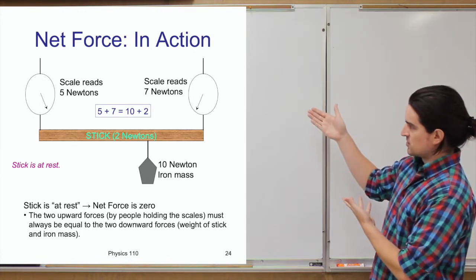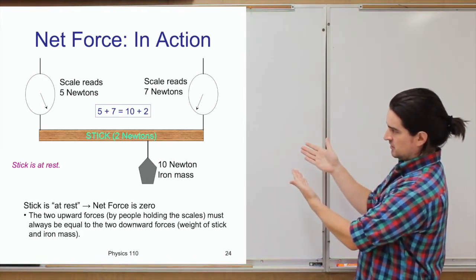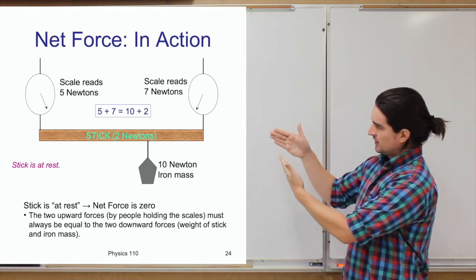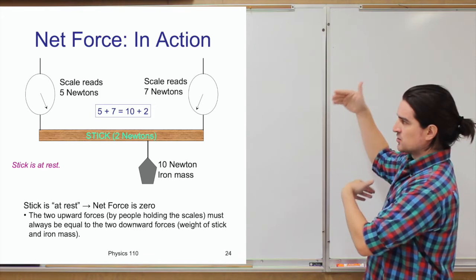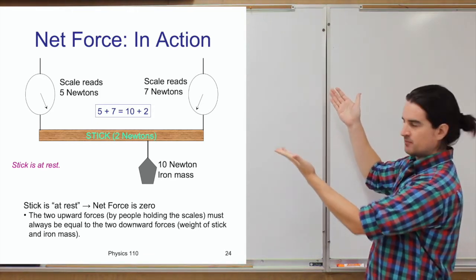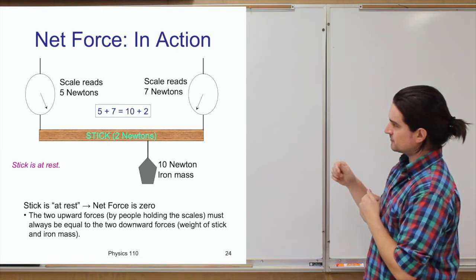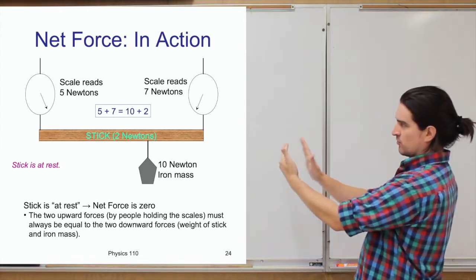So in the situation shown here, we have that iron mass at one position, a little bit more to the right side. So the scale on the right is going to show 7 newtons, and the scale on the left shows 5 newtons, right? But in total, that's still the 12 newtons altogether. That's the same amount of force pulling down getting pulled back up here. If I were to shift that iron mass over even more,